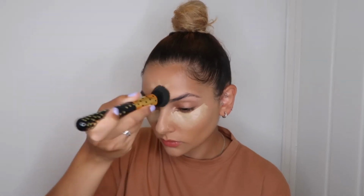Going back in with that same brush, and again, because it's quite bright and because this was my foundation brush, it's going to help blend everything out, and it's easy. We're trying to make this an easy, simple vid for everyone. So I'm just going to go in and buff that out, and then when we go into the inner eye, I'm going to make sure that I'm really delicate, and we're using a really nice little rotating motion,